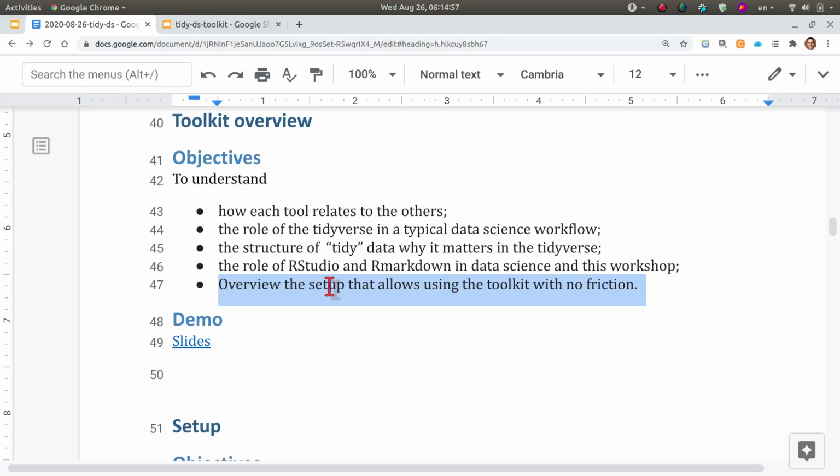We have been dedicating several meetups before this workshop to set up. I know it's really boring. No one really wants to do that. But we got that out of the way. We already have information about how to do it right. And today, hopefully, we're going to practice it. And my argument is going to be that if you bother setting things up right once, then you can work in a very fluid way without worrying about those details any longer.